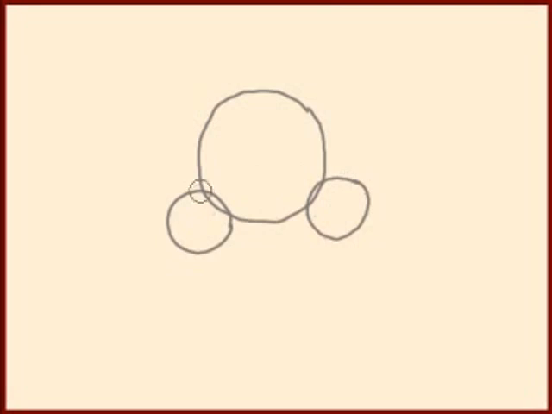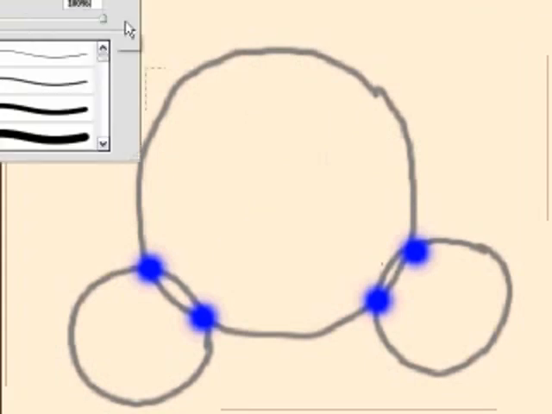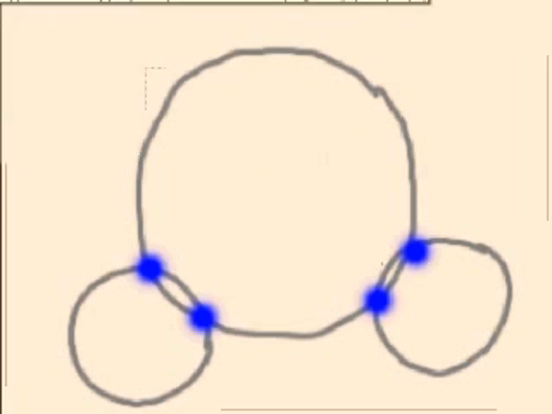Now, for oxygen, there are 2 electrons shared between the oxygen and the hydrogen, and 2 electrons shared between the oxygen and the hydrogen here. And within the atom, or within the nucleus of the atom,